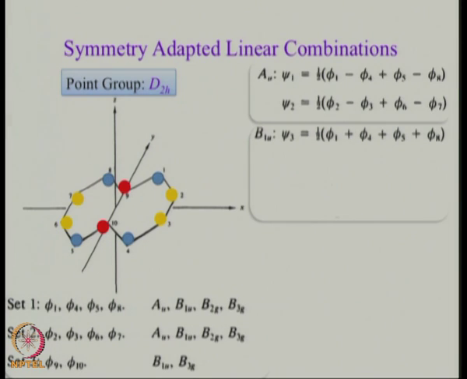Okay. So, B1U, the first answer I get is phi 1 plus phi 4 plus phi 5 plus phi 8. Please work it out yourself and satisfy yourselves that this is what is going to come. But you can tell me what the second B1U will be, isn't it? Second B1U comes from set 2: phi 2 plus phi 3 plus phi 6 plus phi 7, multiplied by half. What will the third one be? B1U, remember there are 3 and the third one comes from set 3. So, it will only have phi 9 and phi 10. What will it be?